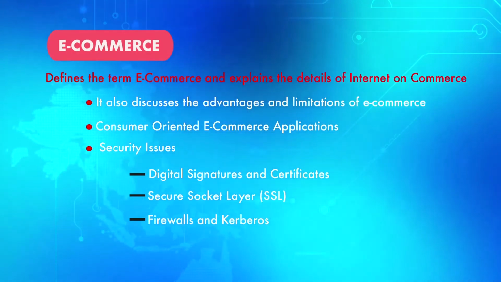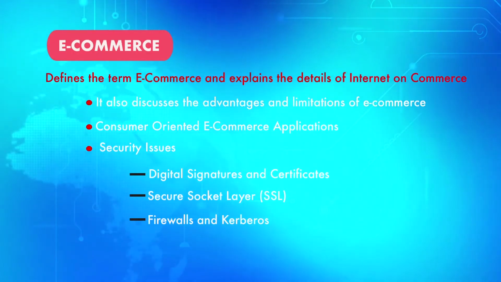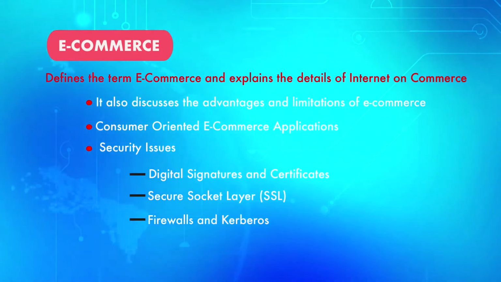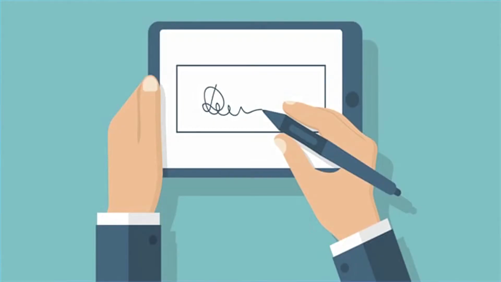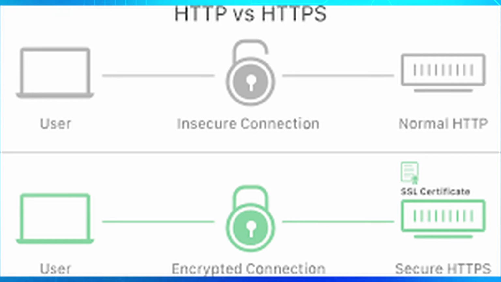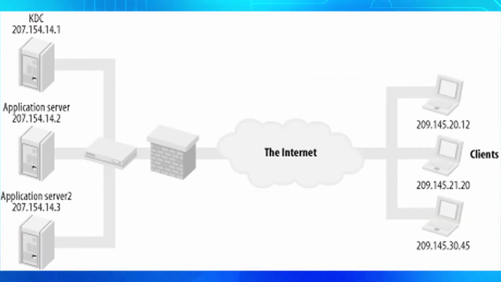All right. Then there are security issues which have been discussed in this. So the unit talks about the digital signatures and the certificate. It talks about secure socket layer, firewall and Kerberos. So all these technologies are very, very important. I always say security is of paramount importance when we are dealing with